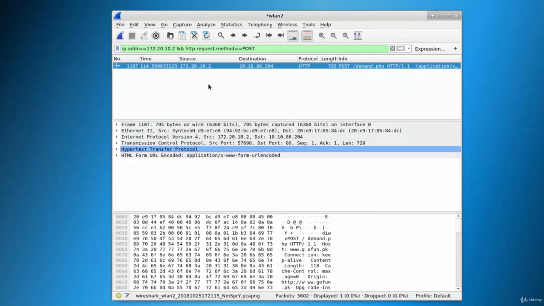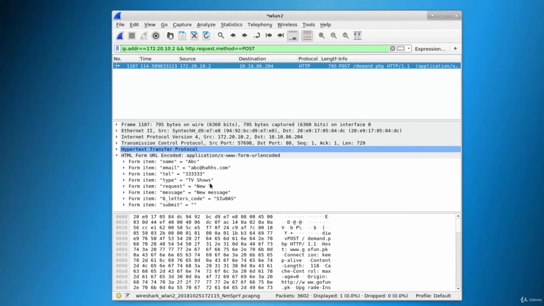So there is only one packet, as you can see, and let's just analyze that packet, and the information we are getting is the same information which we filled out on our victim device on our victim network, right? So this is how you perform attack from one network to another network, and on the victim device on another network, right? So in the next video we are going to see some other attacks as well.